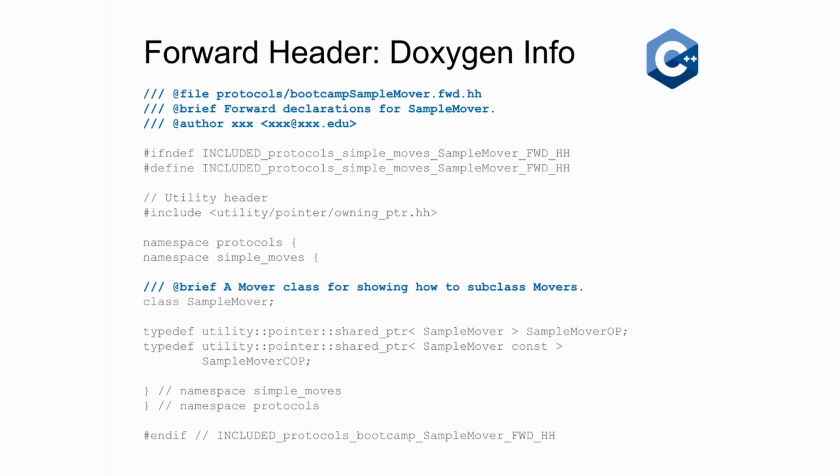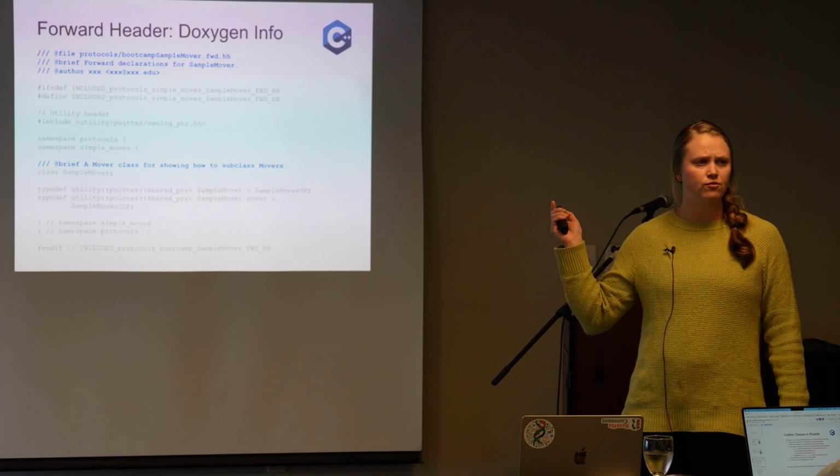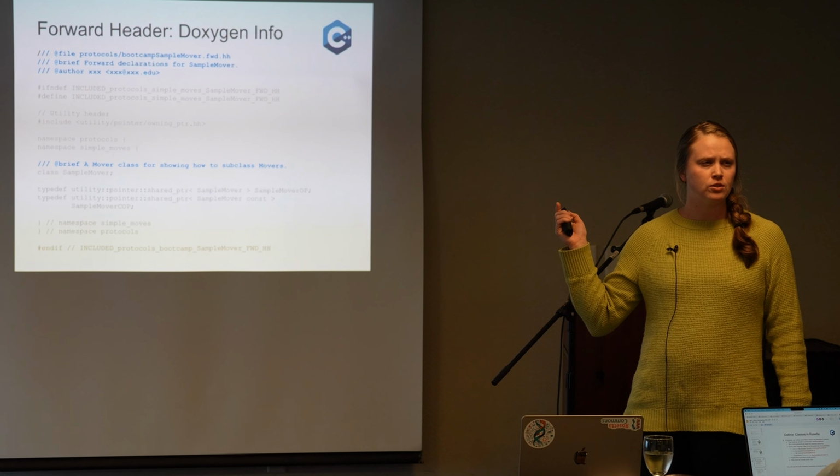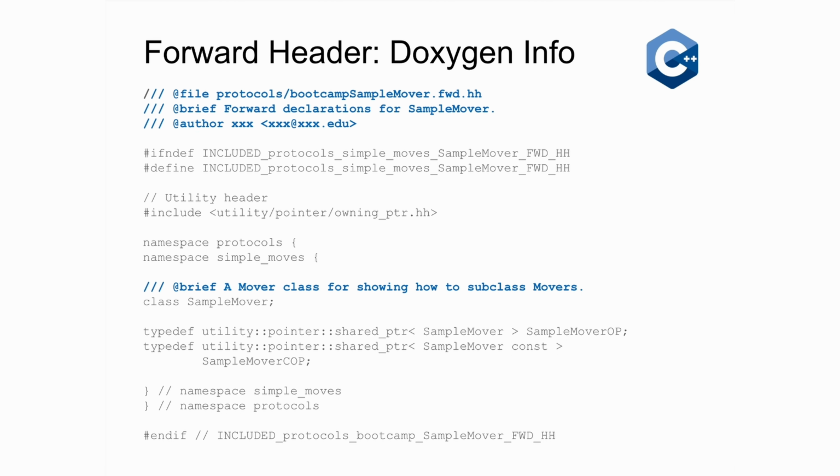You'll have your Doxygen documentation. So these comment lines with the 3 slashes and at. So you'll have the file name, a brief description, the author. Is the author pre-filled out when you run your template generator? I think so, with the template generator. Yeah, so if you have your template generator, that information should be on there. I would just double check that that's up to date. Maybe if your GitHub had, I don't know, a weird email address that you don't check. And then you'll also have,